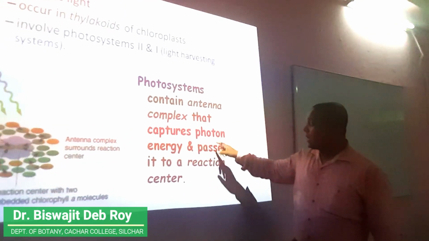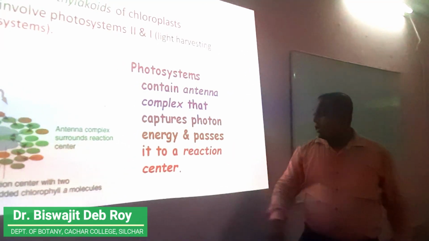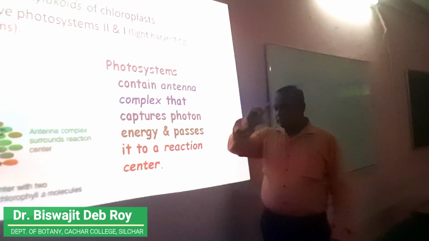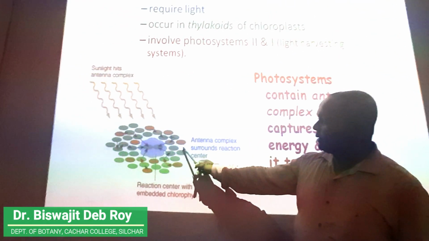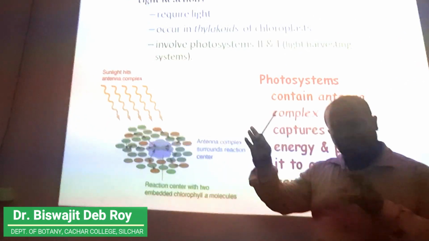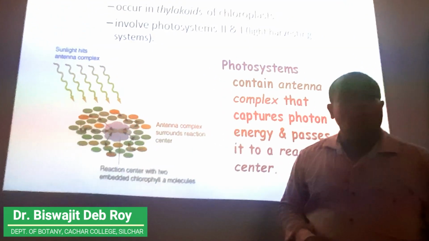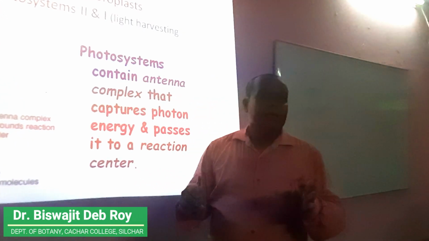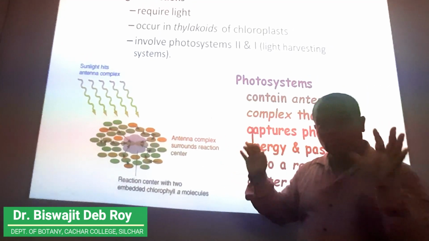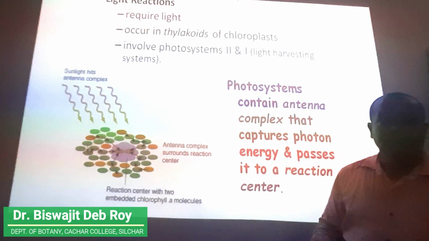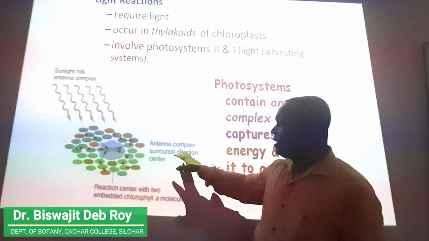Now this is to be discussed: how energy is captured by antenna complexes and how this energy is transferred to the reaction center in the complexes photosystem 1 and photosystem 2. You see, this is the antenna complex. Many different types of pigments are there. Xanthophyll is there, carotenoids are there, chlorophyll is there, and in the reaction center is always a dimer of chlorophyll A or another type of chlorophyll. Mostly the reaction center contains chlorophyll, not other pigments, because chlorophyll has the maximum capacity to absorb light.